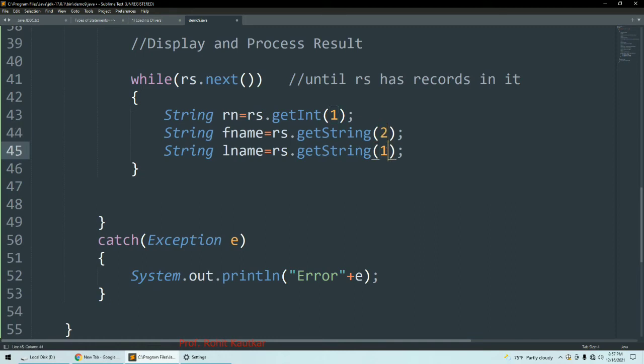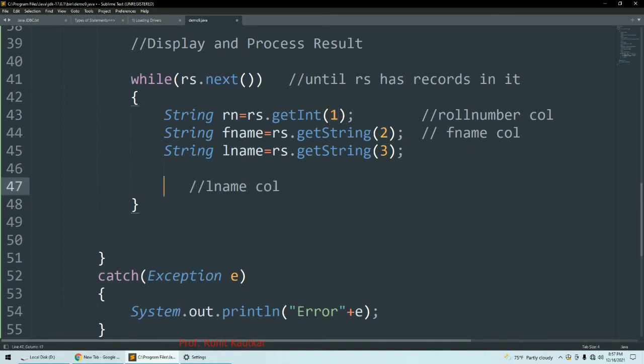This will return the value from column number 2, and this will return the value from column number 3. So the first statement represents the roll number column from our database, the second represents the fname column, and the third represents the lname column. Instead of these numbers you can write your column names as well if you want.